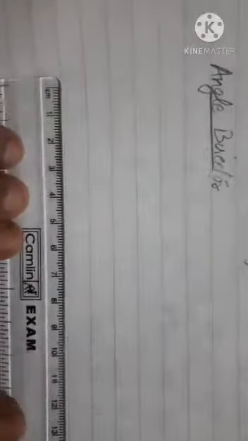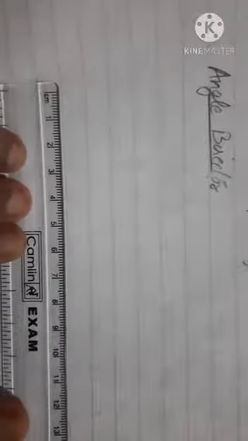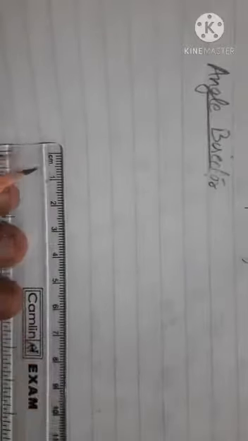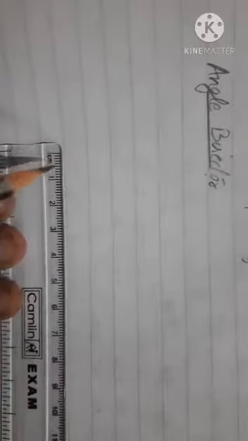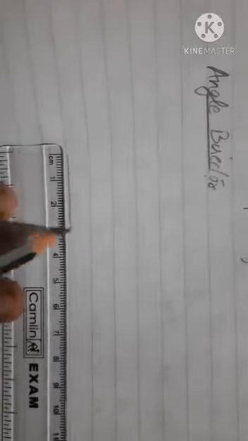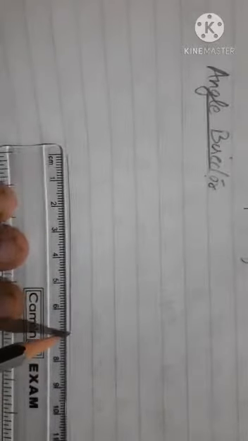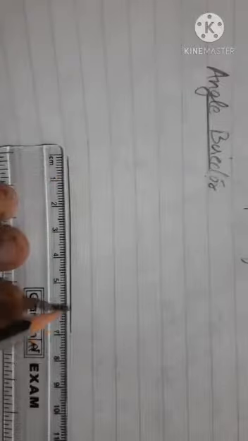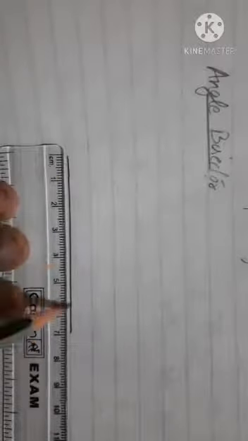The first step of drawing an angle bisector is, always start with the base, keep that in mind. First I'll take the scale and, randomly almost in the middle of the page, I'll keep my scale and draw one line over here. For example, I'll take 7 centimeters. You can take any measurement. Put one arrow.